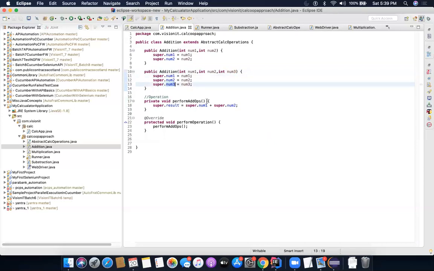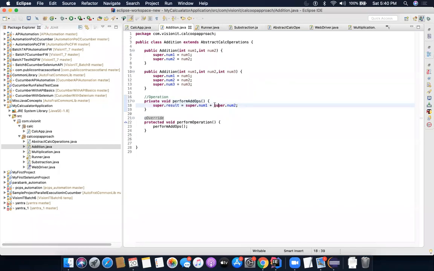Now once this is assigned, I would like to perform an operation, but the thing is it is only performing add. I have a perform add operation and it only takes 2 arguments, or it only adds these 2 numbers. It doesn't add 3 numbers, right? So I have multiple ways to handle this scenario, but I would leave it up to you guys to decide how you will do it.